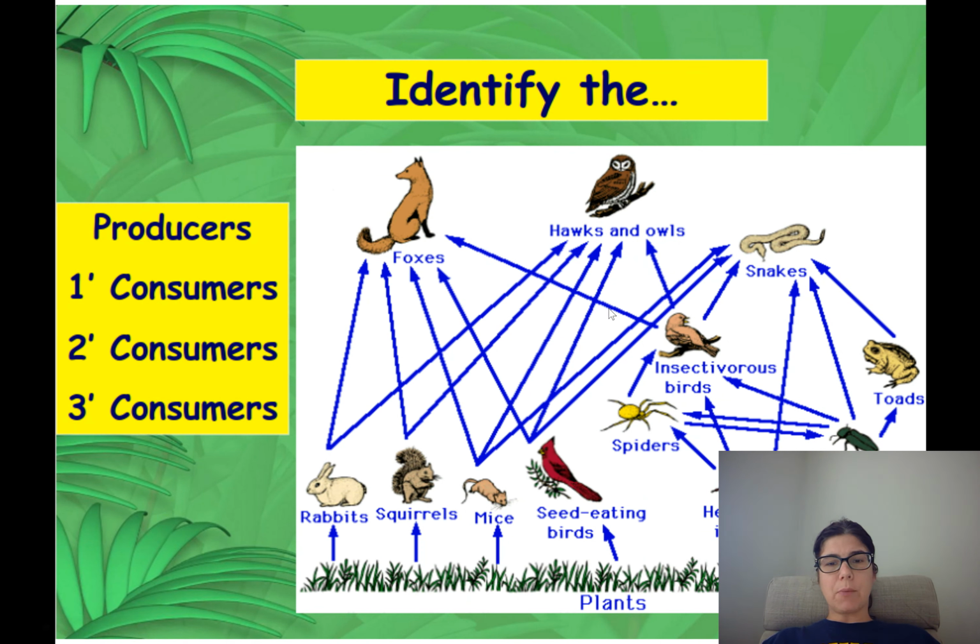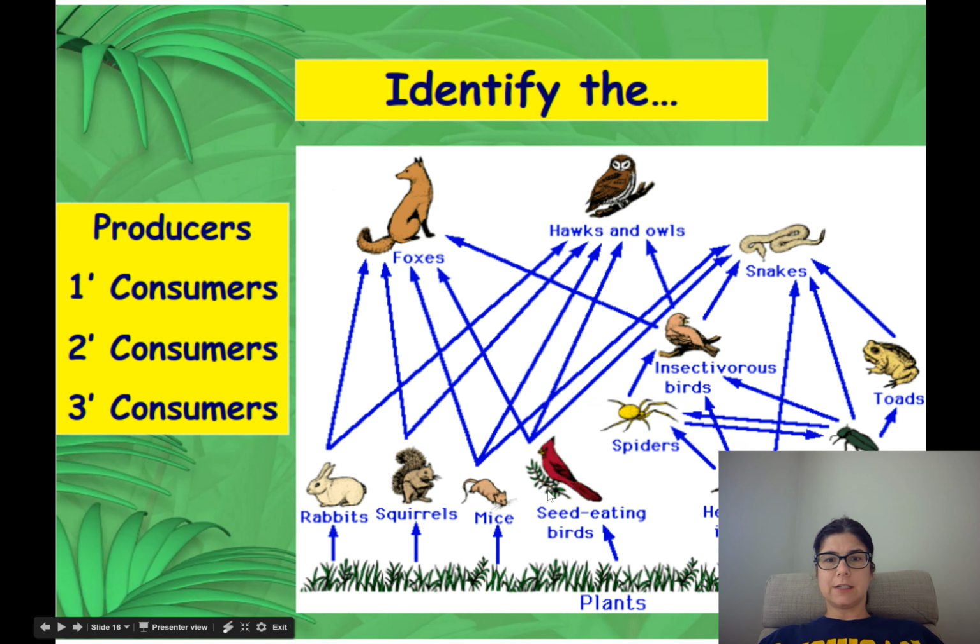In each case, though, we always start with the producers when we start drawing our arrows. We can actually start with the sun going to the producers. And sometimes you'll see a sun, and we should actually always draw a sun on there. This would have been better, and maybe I will add this later on, if we actually draw a sun here showing the energy going from the sun to the plants. But we have our producers,